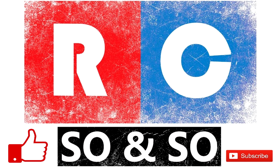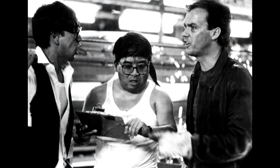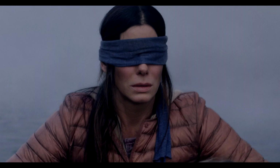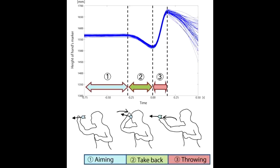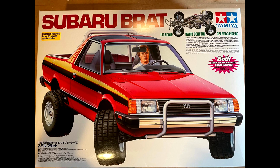then, hobbyists. Picture the scene. Tamiya have a wall with every type of car that's ever been produced on it. At the Christmas party, after a few warm sakis, they blindfold a staff member, make him spin on the spot 5 times and give him a dart. He then throws said dart at the wall, and whichever car it lands on, they then add this to the following year's range. This must be true, as why else would they have ever decided to make a Subaru Brat